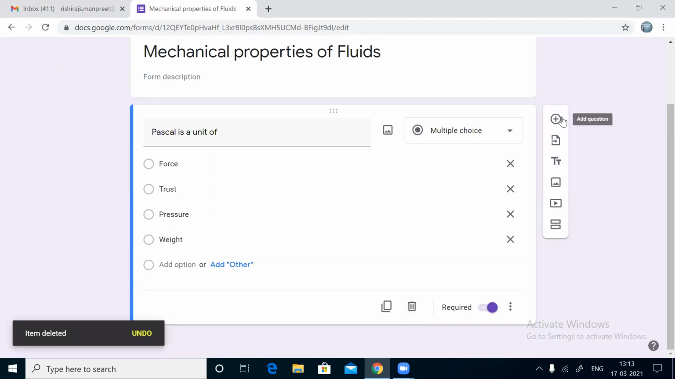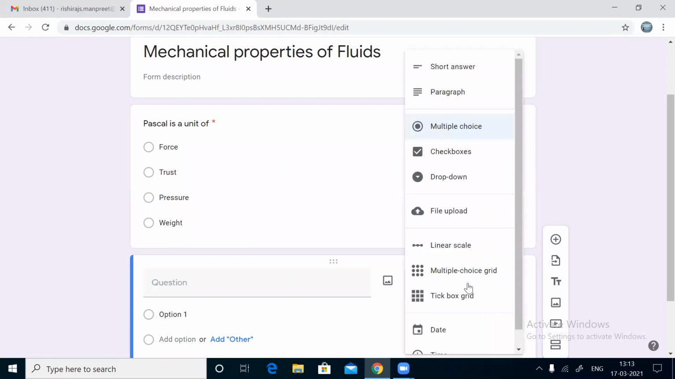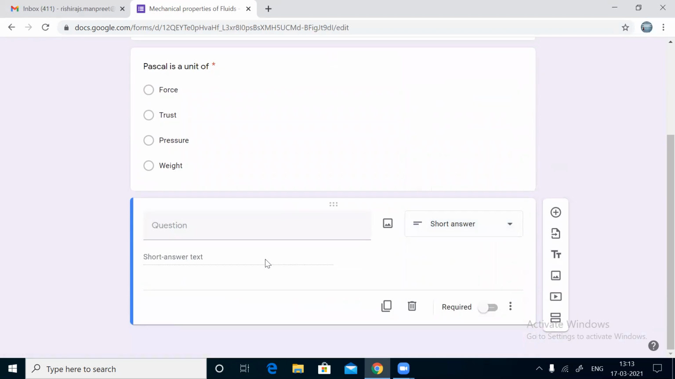So let us add one more question. Let us learn about another type which we can add in the quiz. That another type is, you can say, a fill in the blank question. So rather than adding a fill in the blank, I will make it a short answer question, and I will give you a question that is: surface tension